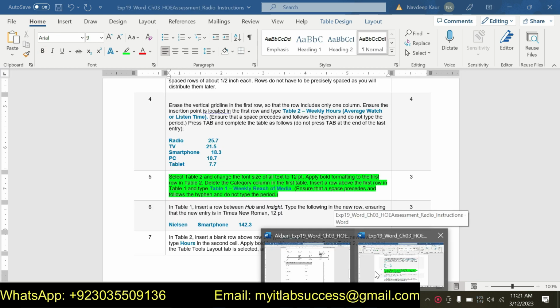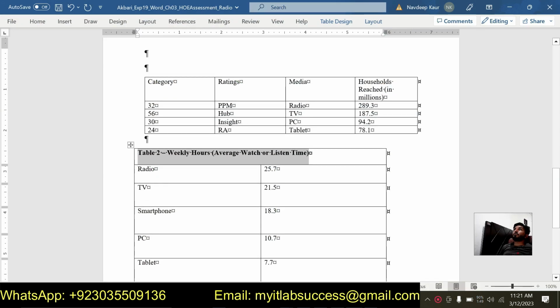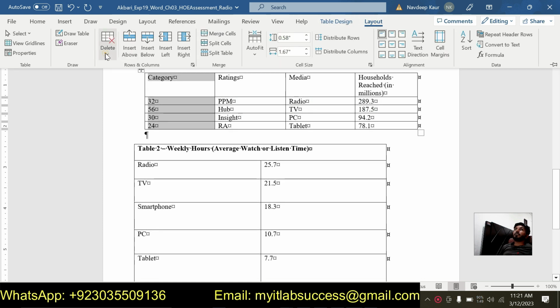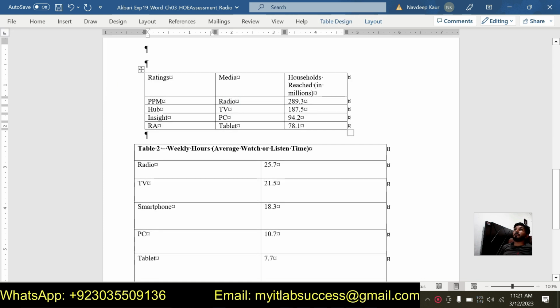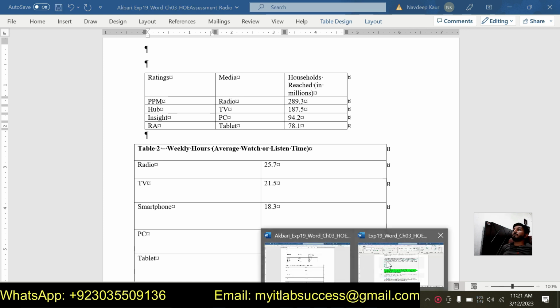Then next thing to do is delete the category column in the first table. So this is the category column. We will delete this one. Just go to the layout and click on delete and delete column, this one. Then next thing to do is